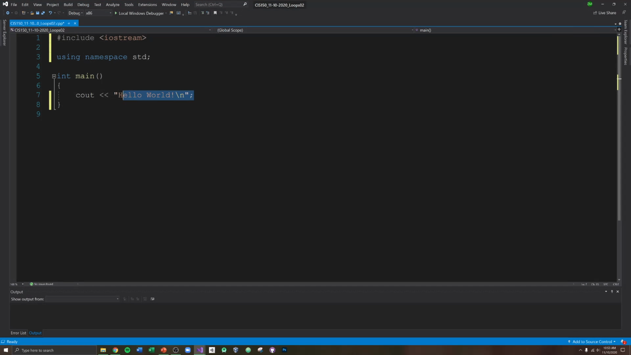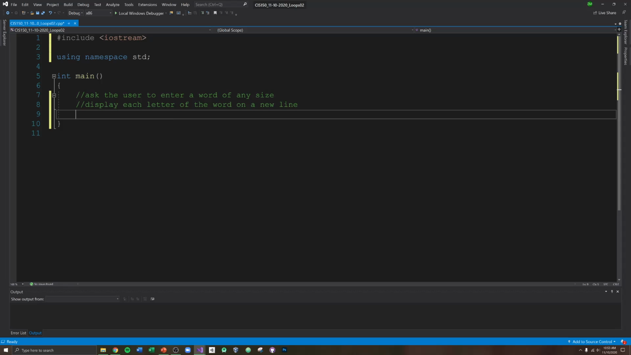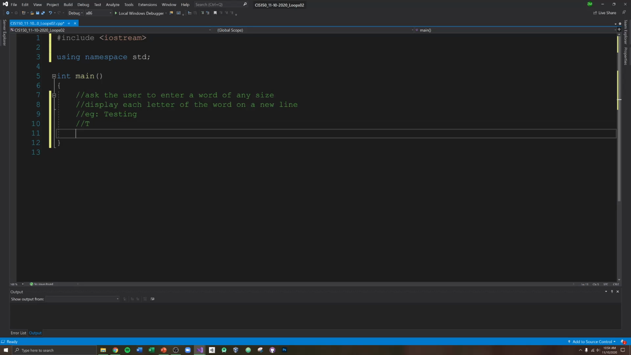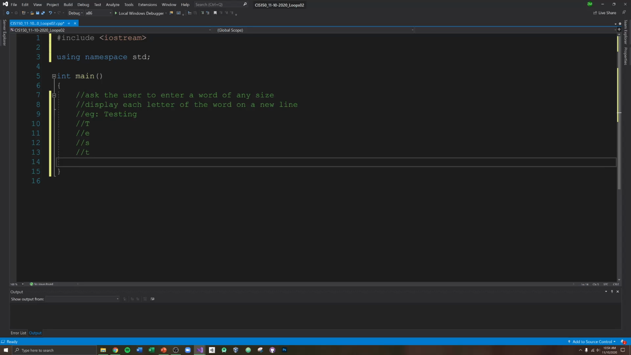So the first example that I want you to work on is, let me comment this here: ask the user to enter a word of any size. Display each letter of the word on a new line. Okay, so we'll just say some kind of example here. E.g., they enter in testing, we would get the output T E S T I